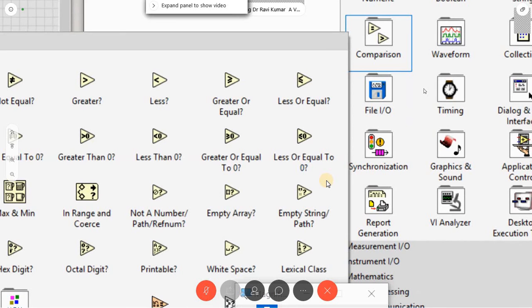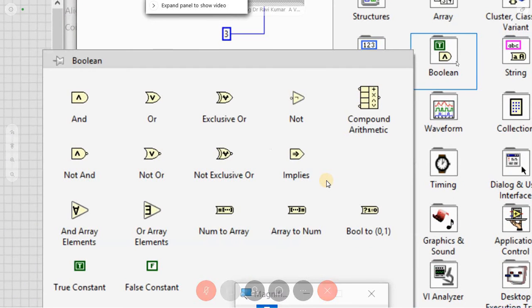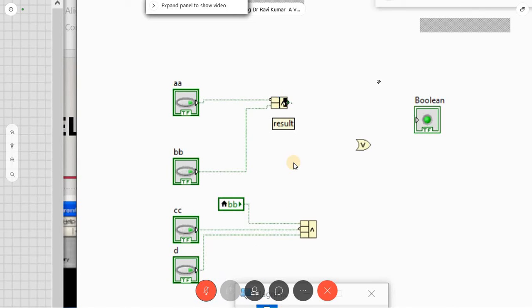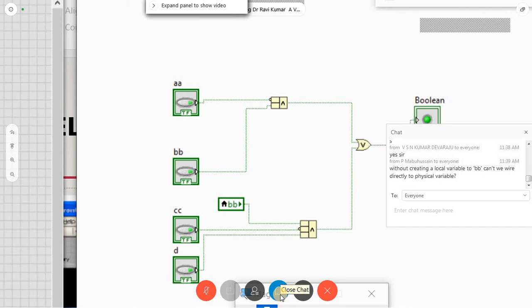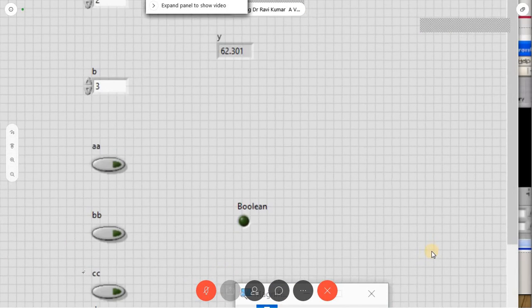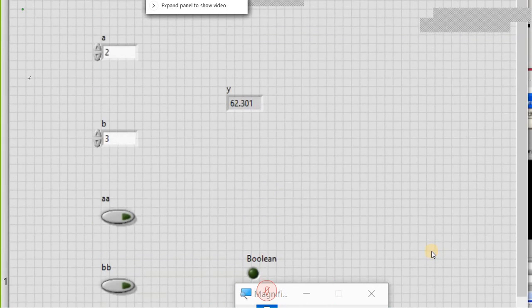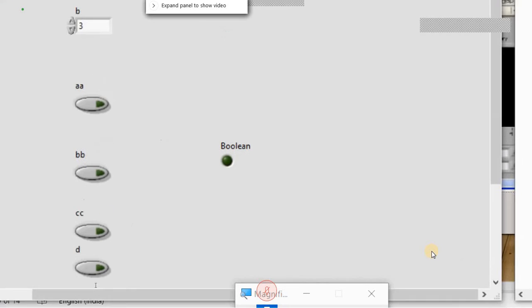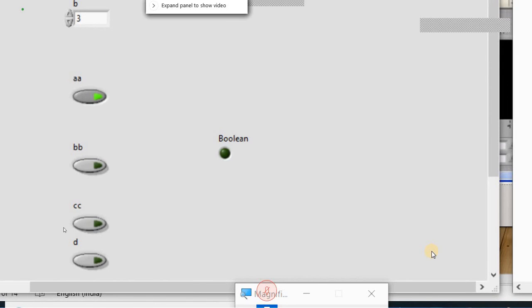So go to this Boolean, take an OR, connect it to the OR. So now connect both the inputs to the OR gate and just connect it to the Boolean. Okay. Let me run it continuously. Change the input. You can observe what outputs you are getting.